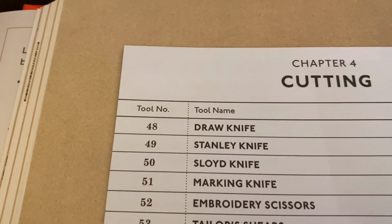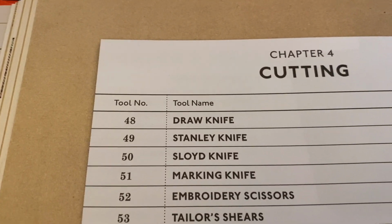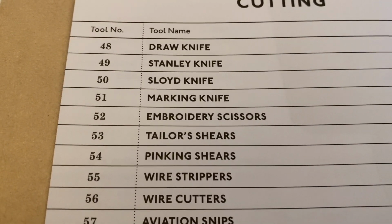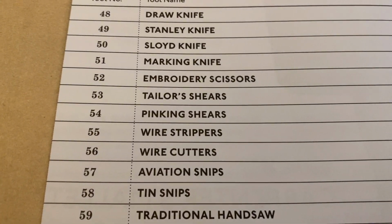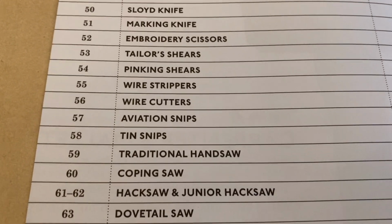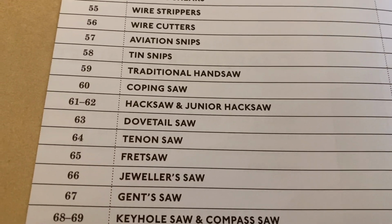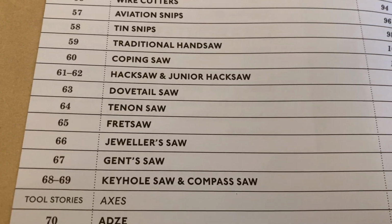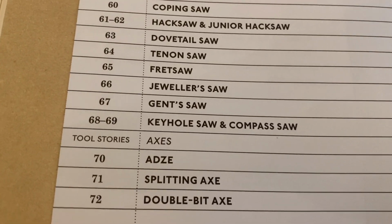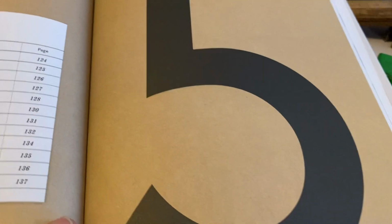A draw knife, a Stanley knife, a Sloyd knife. What the hell's a Sloyd knife? Anyway, a marking knife, embroidery scissors, tailor's shears, pinking shears, wire strippers, wire cutters, aviation snips, tin snips, traditional hand saw, chop saw, hacksaw, junior saw, dovetail saw, tenon saw, ferret saw, jeweler's saw, gent's saw, keyhole saw and compass saw, axes, whatever that is, an adze, I guess, splitting axe, and a double bit axe. That's in chapter 4. Chapter 5 is